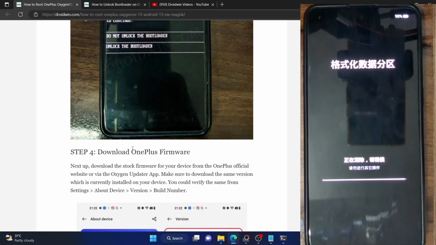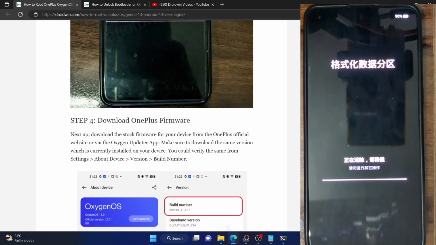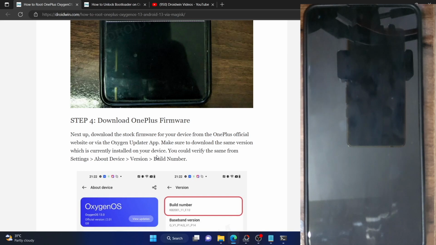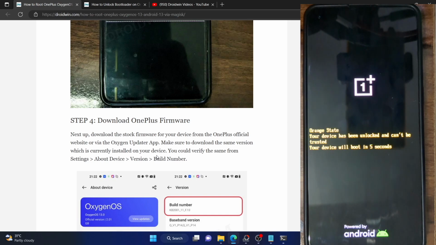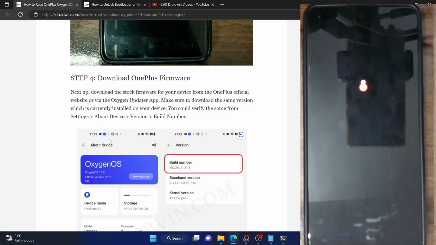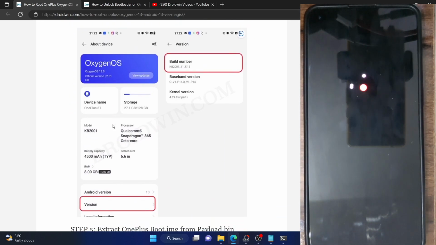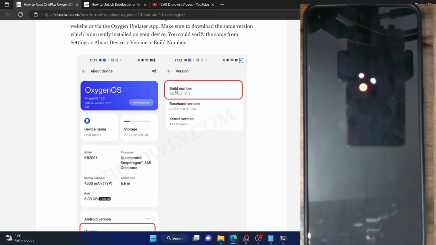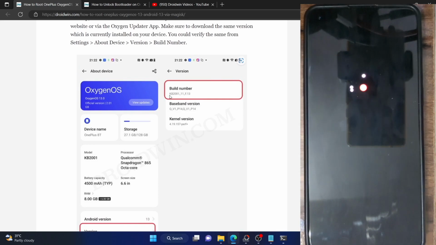Your next course of action is to download the firmware which is there on your OnePlus phone. As of now, you have to download the same firmware version which is currently installed on your phone. For that, you will have to wait for the phone to boot to the OS. This might take a few seconds, so let's just wait, and then we could verify the version number. It's extremely important that you download the same firmware version which is there on your phone. To verify the same, you could go to the settings menu, then go to About device, and then go to Version and verify the build number, and from here make sure to download the firmware which corresponds exactly